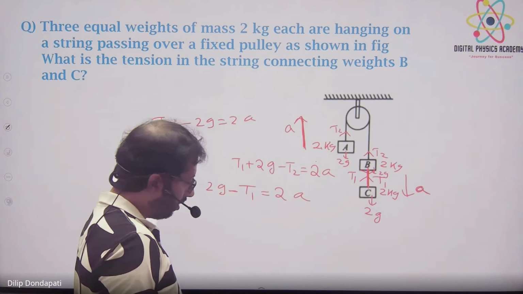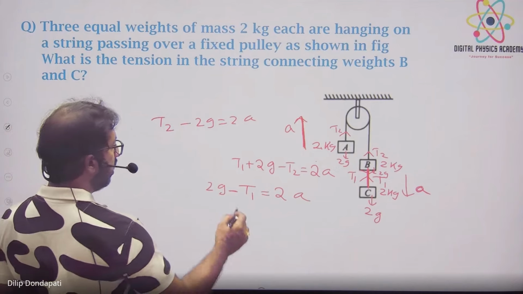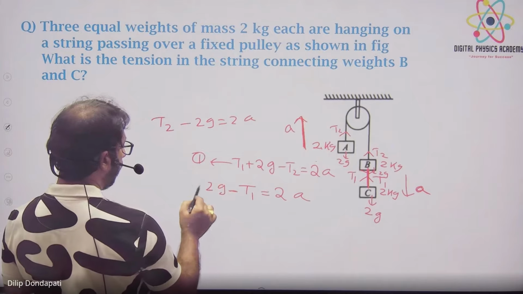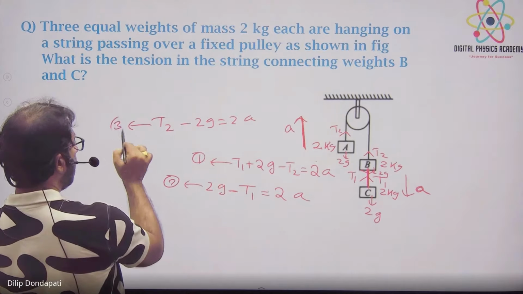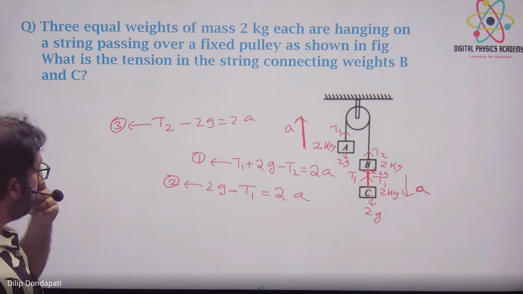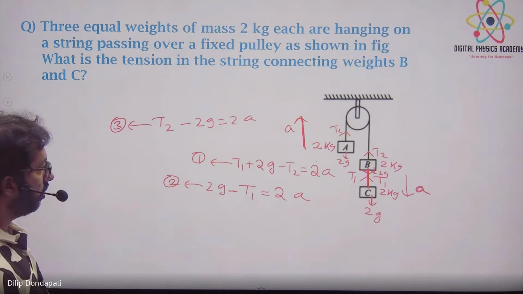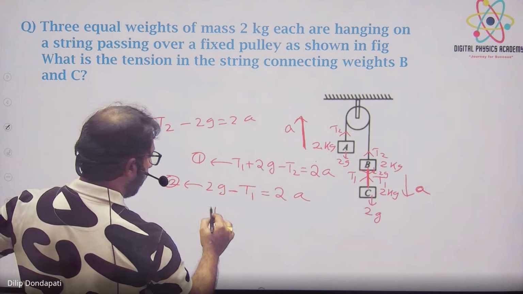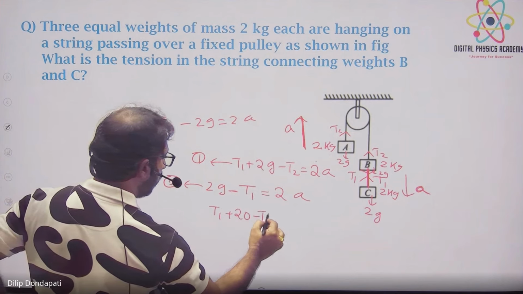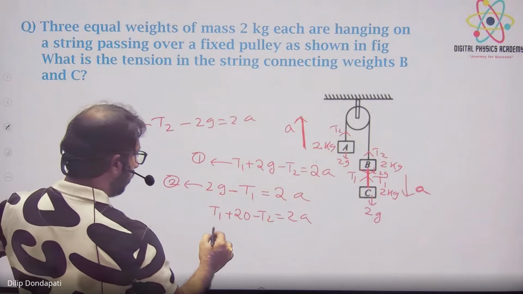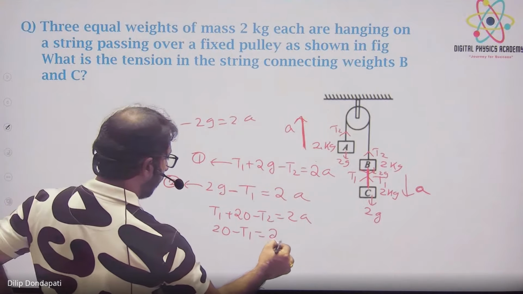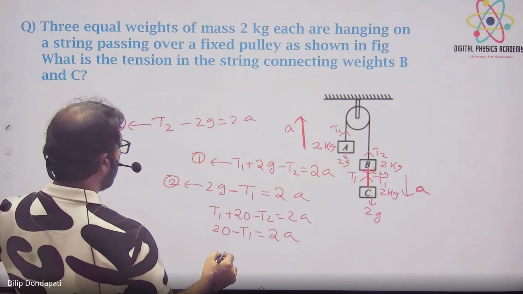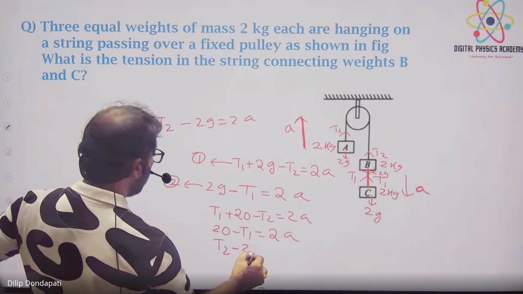Sir, 6.6. No, wrong. Sir, ये anywhere 3 close. इक्वेशंस आ गया, देखो 3 इक्वेशंस आ गया, 3 इक्वेशंस का यूज करो। फर्स्ट इक्वेशन, सेकंड इक्वेशन, थर्ड इक्वेशन। 3 इक्वेशन 3 वेरिएबल सॉल्व करो, एलिमिनेट वन वेरिएबल एंड सॉल्व। देखो g 10 ले लो, कितना होगा? फर्स्ट ऑफ ऑल इसका इक्वेशन g 10 लाया तो कितना? सो 20, सो T1 प्लस 20 माइनस T2 इज इक्वल टू a, एंड 20 माइनस T1 इज इक्वल टू a, एंड ऊपर g 10 लिया तो 10 इंटू 2, T2 माइनस 20 इज इक्वल टू a।